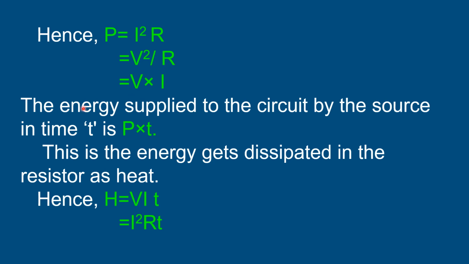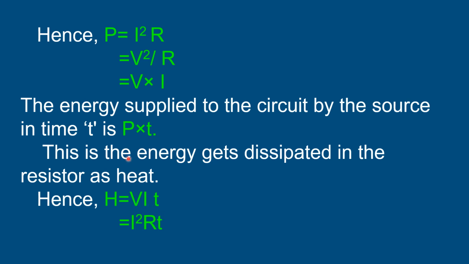So from this we can say that the energy supplied to the circuit by the source in time t is P into T, and this is the energy that is getting dissipated in the resistor as heat. So this much amount of heat, that is P into T, is the amount of heat which is getting converted. Hence we can say that H is equal to VIT, because we know that P is equal to V into I. Or else we know that P is equal to I square R, and hence H is equal to I square R into T,